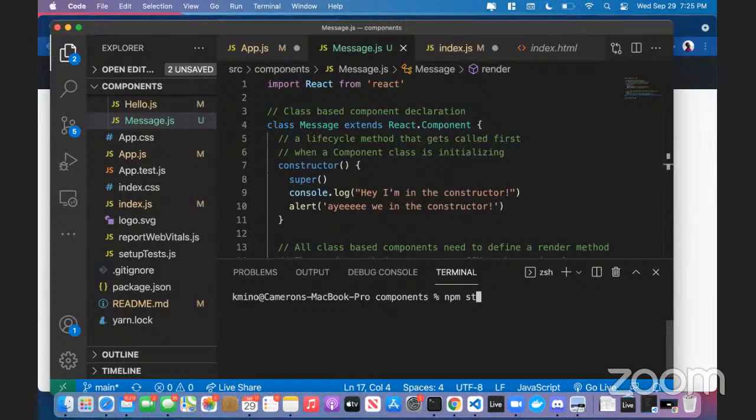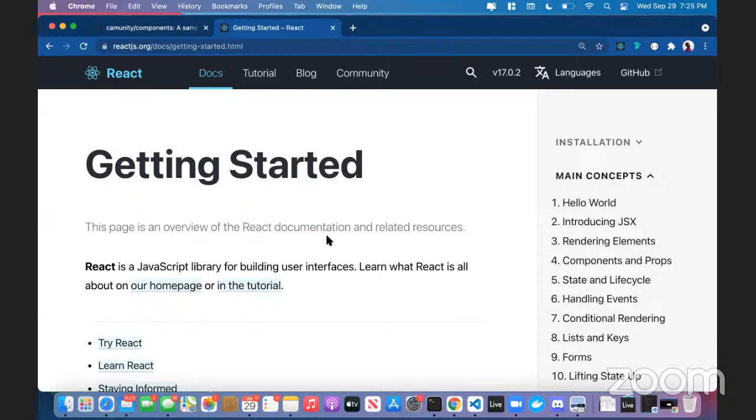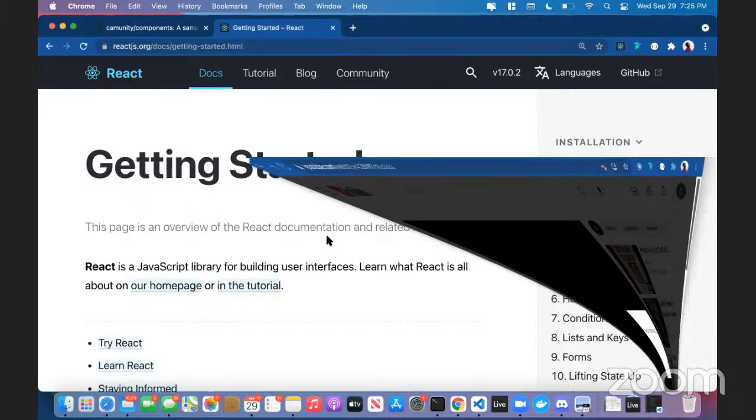So I'm just going to run npm start in the terminal to start the React development server. And then I'm going to switch back to this Google Chrome tab so that it opens up a new tab for me when the server is fully deployed. And we're going to keep making a little bit of changes to this application to get a better sense of what's going on with regard to working with